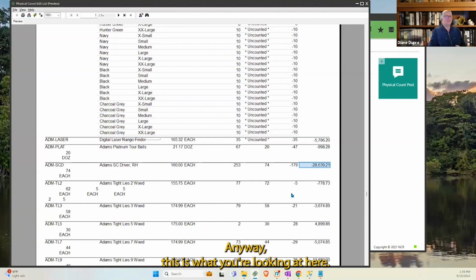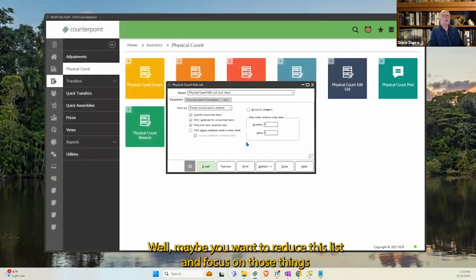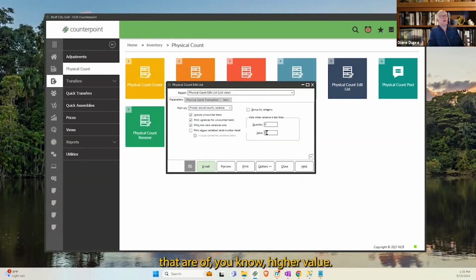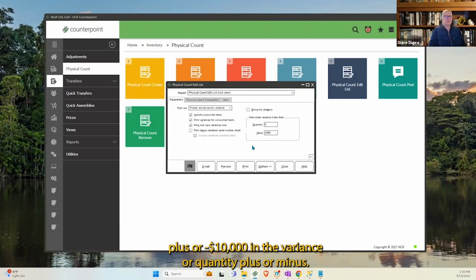Anyway, this is what you're looking at here. Now, sometimes when you do this list, I always open it the first time and see how many pages it is. Well, mine's not that big because it's only 7 pages, but yours might be a lot more. Well, maybe you want to reduce this list and focus on those things that are of higher value. So value, I'm just going to put in 10,000 because, again, my data is all skewed. Plus or minus $10,000 in the variance, or quantity, plus or minus